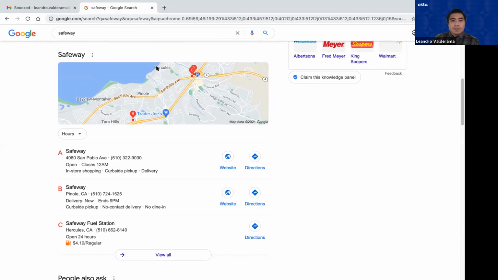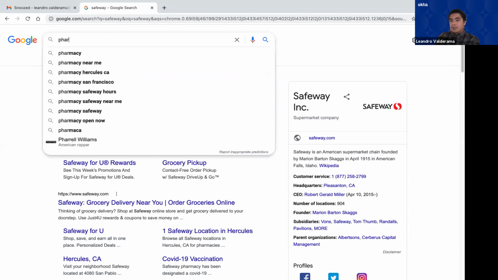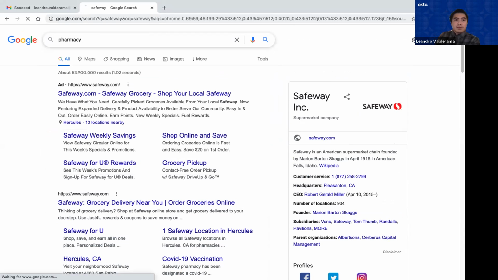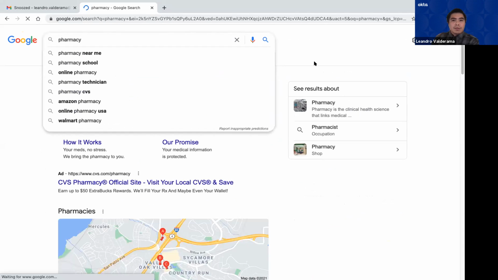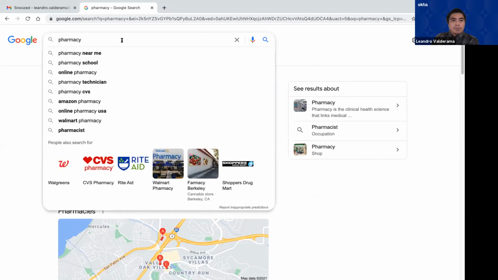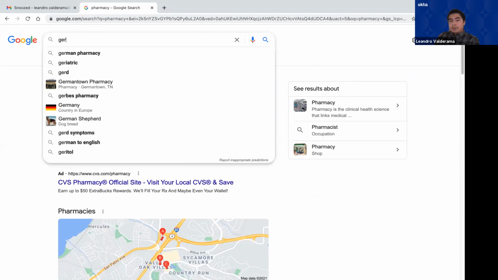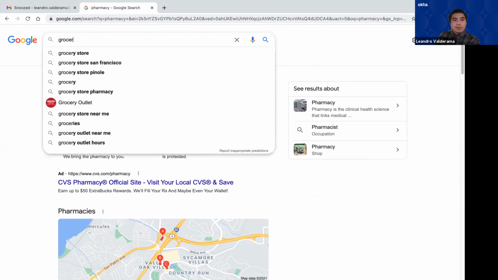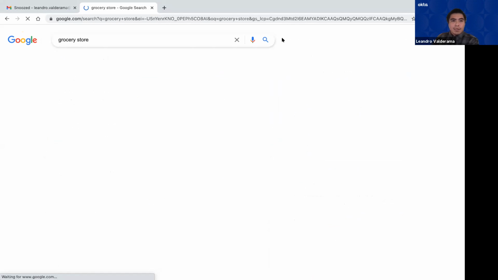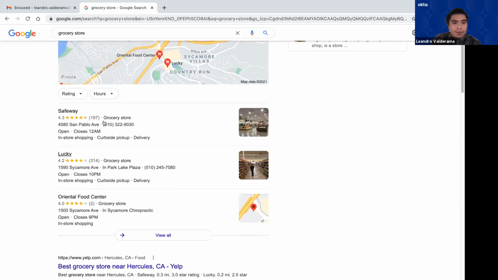And if you want to research something specific, you just put keywords. Say if you're looking for a pharmacy, or anything near it, like groceries, you would just put grocery store, and it'll show the nearest groceries near you, and you can check those out.